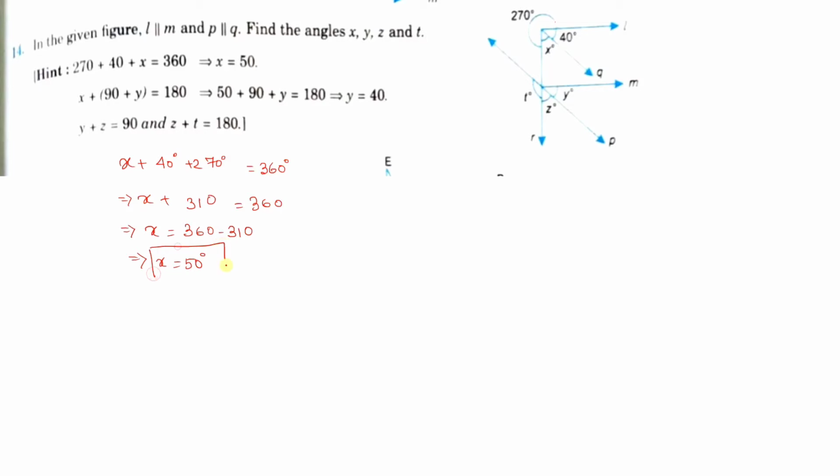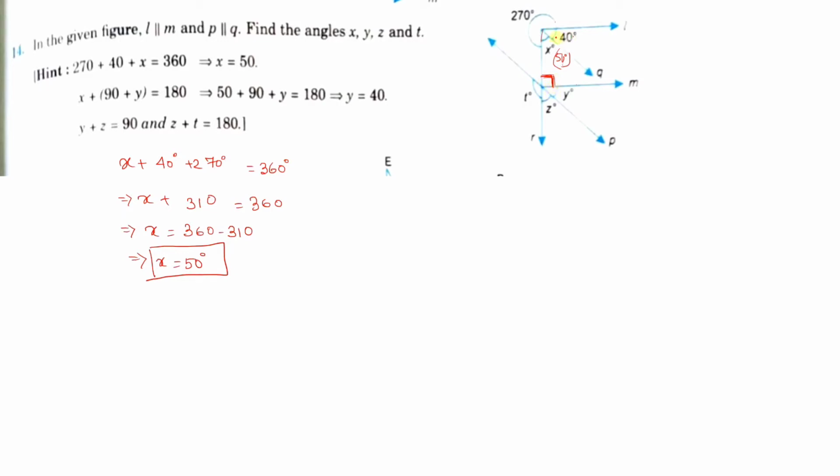Okay. Next, let us find out the value of y. Okay, look at this one. What will be this angle? This will be 90 degree. Why? Let me tell you why this will be 90 degree, because x is equal to 50. So 40 plus 50 equals 90, and you know that these are co-interior angles, the sum will be equal to 180 degree. So if this adds up to 90 degree, this has to be 90 degree. So this one is 90 degree, I am marking it in the figure like this, because box means 90 degree.